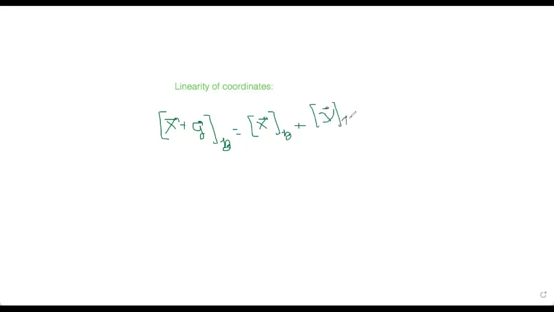So that's the case. The second thing that we also have to prove is that if you've got the coordinate vector of kx, where k is a constant, that is equal to k times the coordinate vector of x. Now, the book only proves the second part because